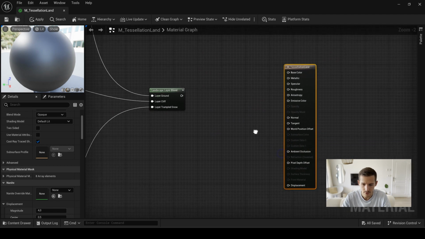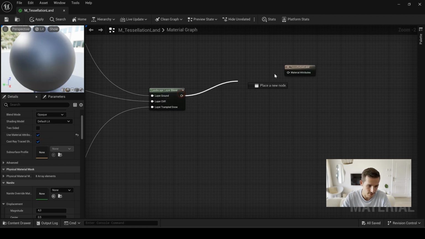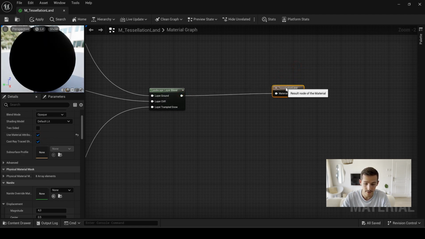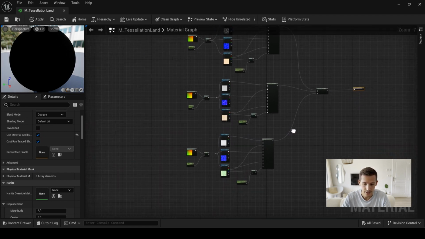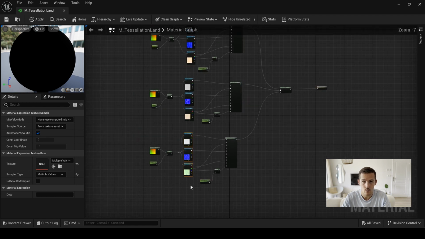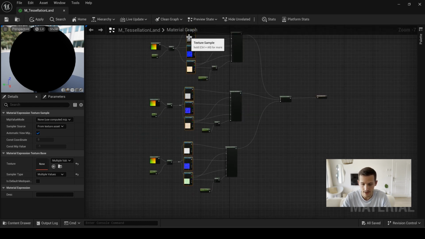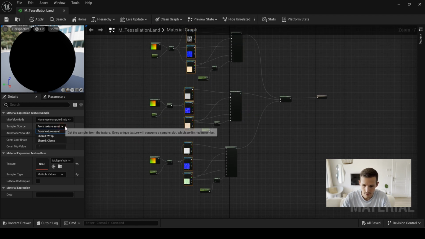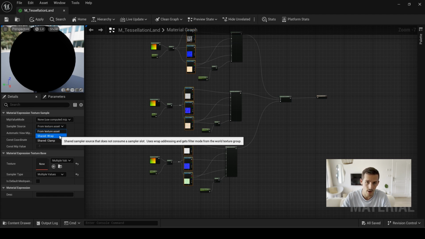To fix this, you can select the final output and enable Use Material Attributes in its details panel. Oh, and don't forget to change the sampler source of each texture from texture asset to shared wrap. This avoids visual artifacts and allows a greater number of textures to be used in one material.